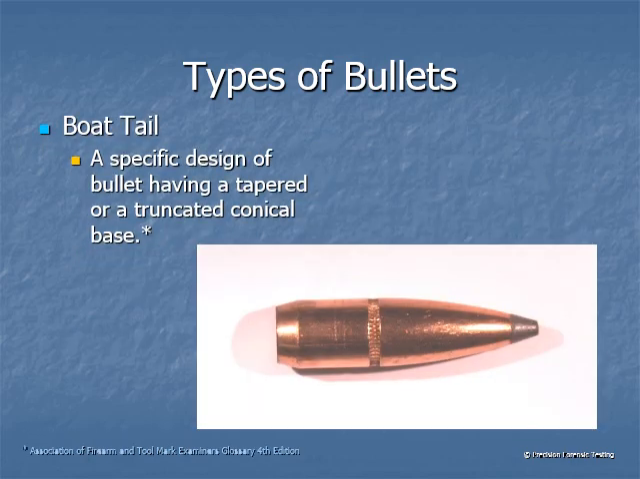A boat tail is going to be tapered or truncated here at the base. So the cartridge case would be here. The tip is going to be moving to your right here, and some people believe this kind of design helps stabilize, like you would steer a boat. You can kind of steer a bullet